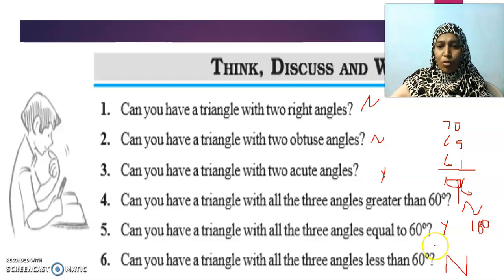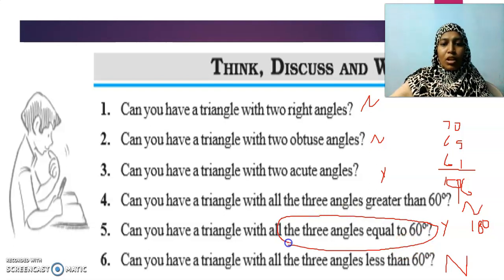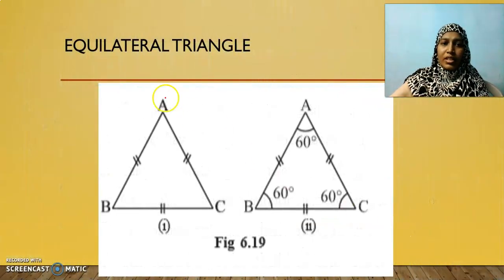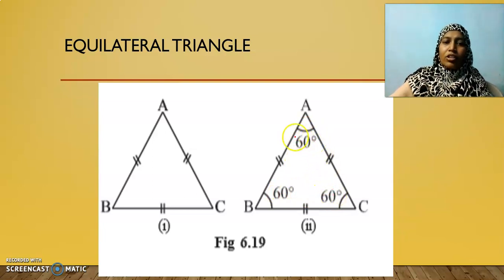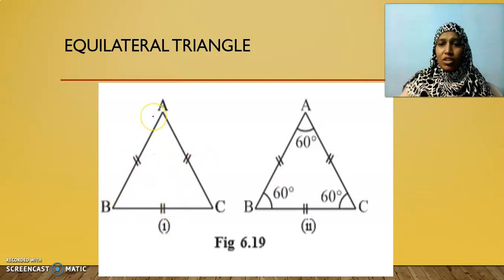Now, we are going to talk about this special triangle in which we have all the three angles equal to 60 degree. What is the name of that triangle now? Yes, it is equilateral triangle. If all the three angles are equal in a triangle, surely all the three sides will also be equal. If this is going to be 5 centimeter, all these three will be 5 centimeter. If this is 10 centimeter, all the three sides will be 10 centimeter. But their angles will not change.